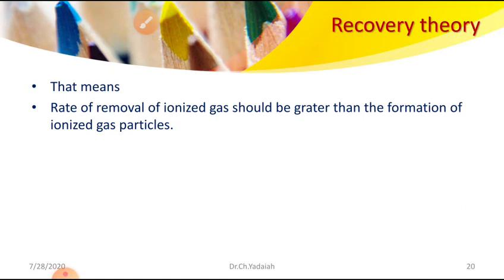The rate of removal of ionized gas should be greater than the formation of ionized gas particles. That means here whatever ionized particles are there should be removed with the help of